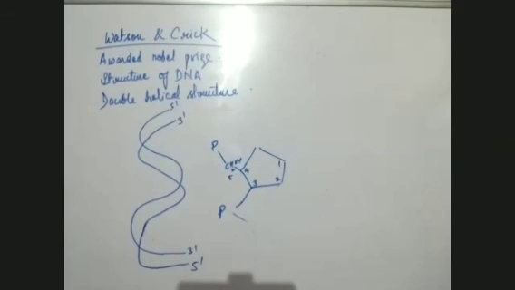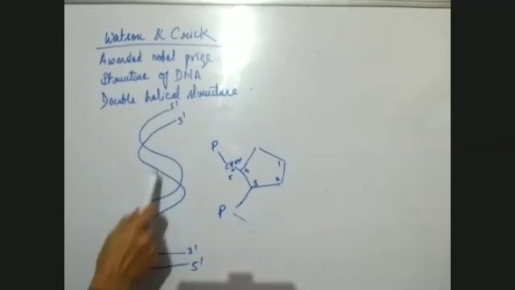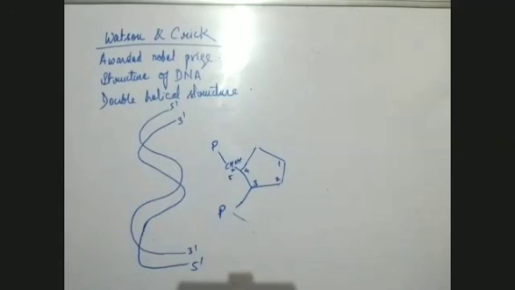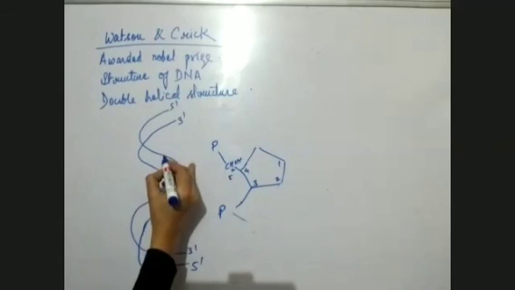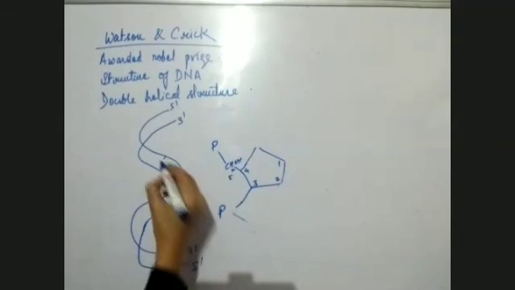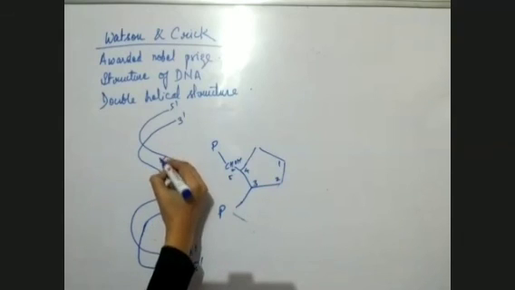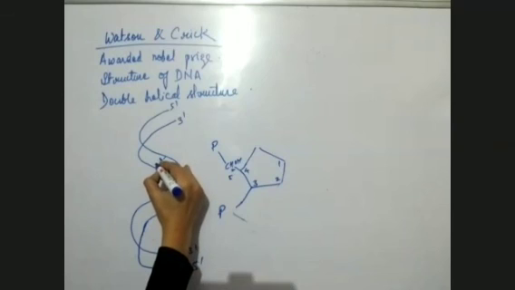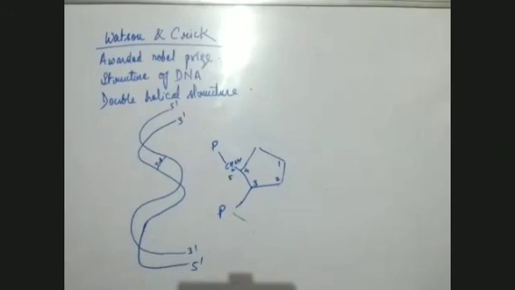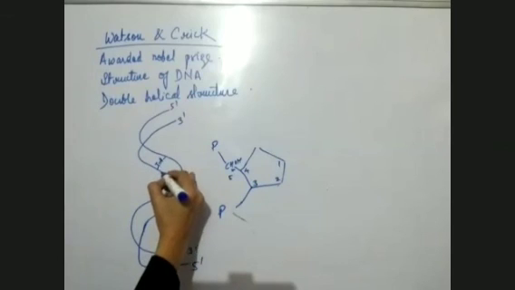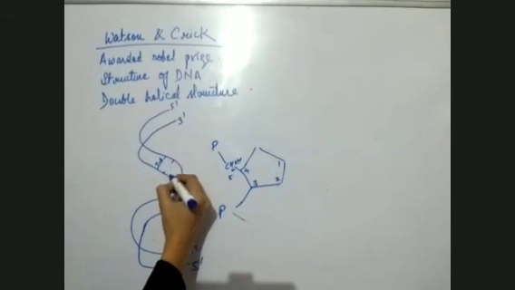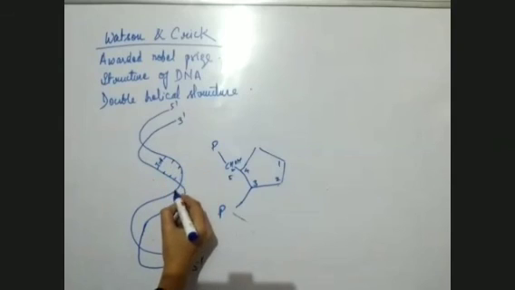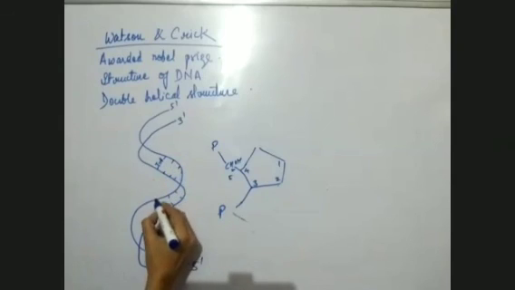Now these two strands of DNA are not separate. This strand and this strand do not lack connectivity. Both the strands have connectivity, and that connectivity is because of the nitrogenous bases in them. This is one nitrogenous base. This always pairs with T with a double bond. So many bases are there, and those bases keep both the strands of DNA in position.